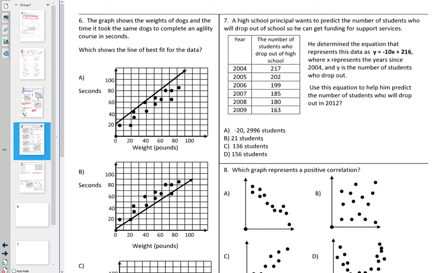The graph shows the weight of dogs and the time it took the same dogs to complete an agility course, which shows the line of best fit for the data. Weight and seconds. So isn't that the best? Because I don't think a dog's weight in pounds would necessarily determine their agility. There's some big dogs that are pretty agile, but by the nature of